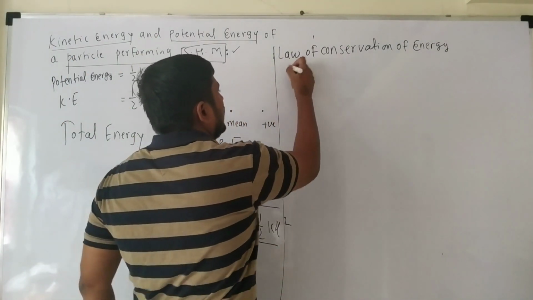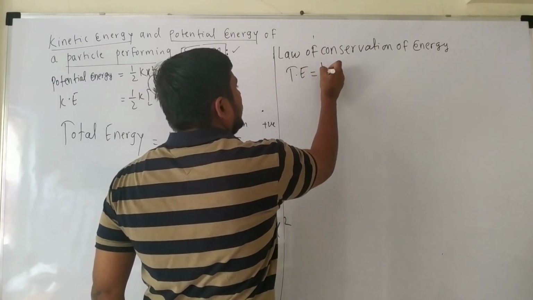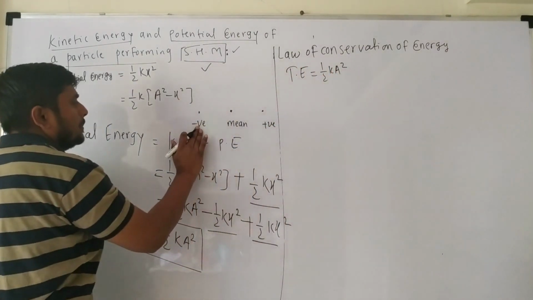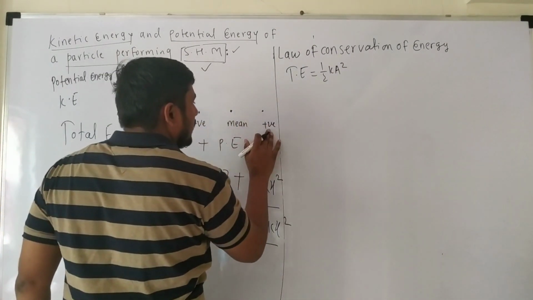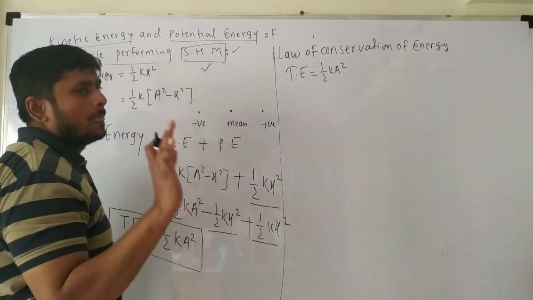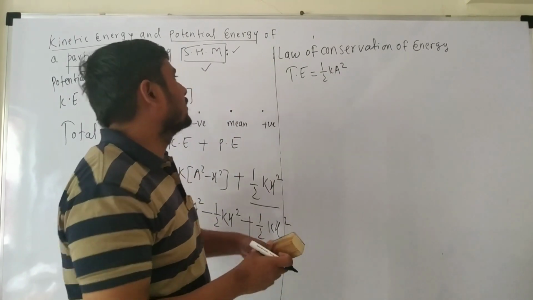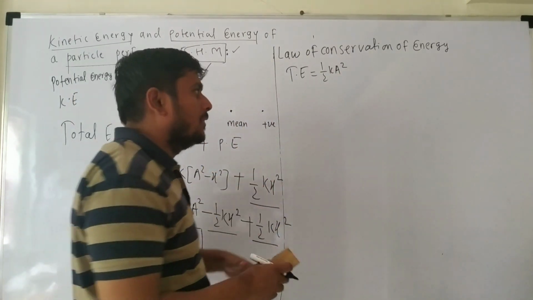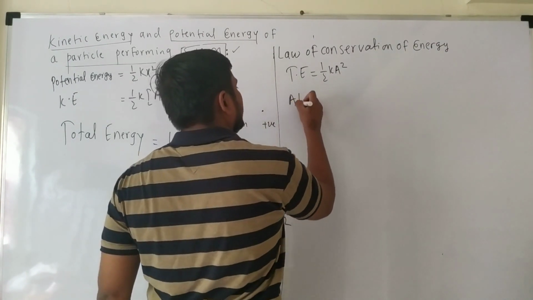Means the value of total energy will be equal to 1 by 2k a square in all positions, whether it is a negative extreme, a positive extreme, or the mean position. The total energy at all these positions will remain constant. Let's find out. So at a mean position, at